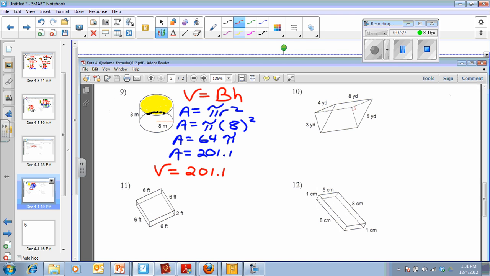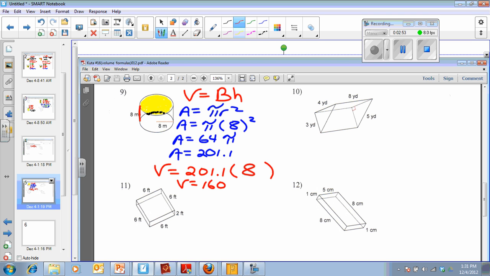201.1. Remember, I'm leaving the exact answer on my calculator because the only thing I have left to do is multiply it by the height. Well, the height is 8 meters. So I'm going to multiply this by 8. I'm using the whole number here, so just times 8. That's on my calculator. And it says to round to the nearest tenth, so now I'm going to round. And so what I'm getting for a volume is this. It says the volume is, let's see,